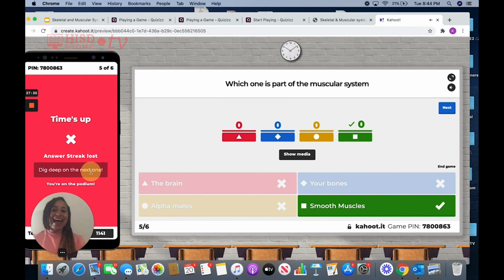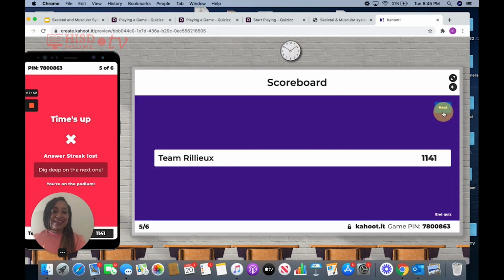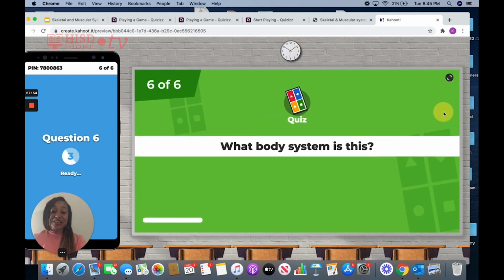We're correct. I just, again, missed it. I wanted to make sure. Sometimes I want to make sure that we get it right, and then it takes me a little bit longer to get there. But again, you all are correct, and smooth muscles was the correct answer. Very good. And so I think we're down to our last question.